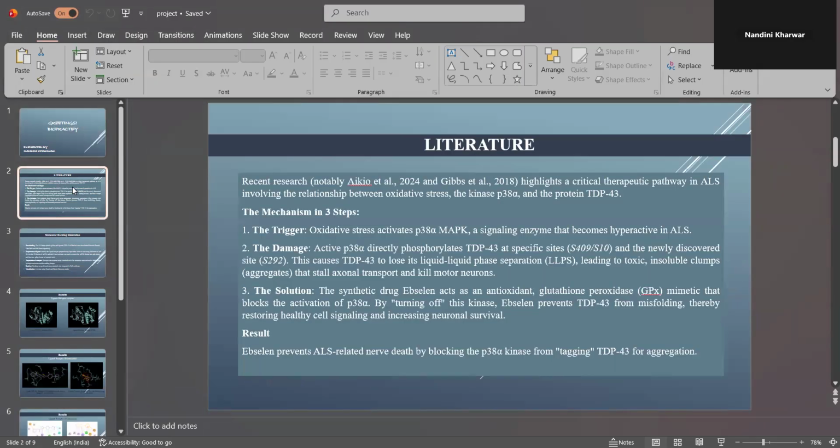According to these studies, oxidative stress activates the alpha kinase, which then becomes hyperactive, and the hyperactivity of alpha stimulates TD3 specifics